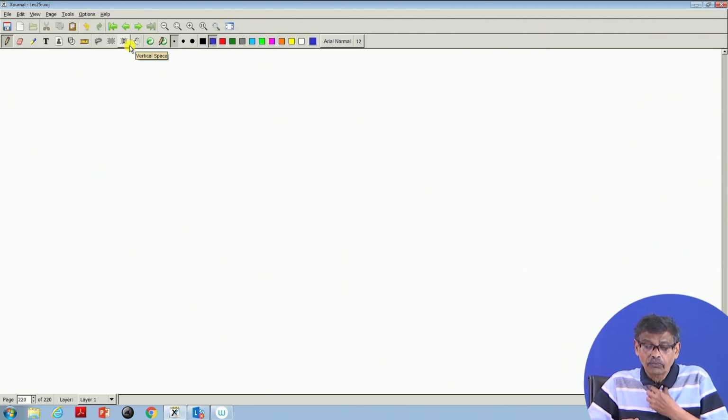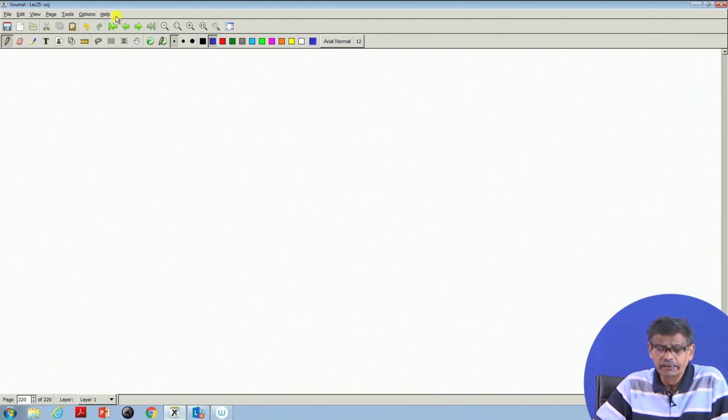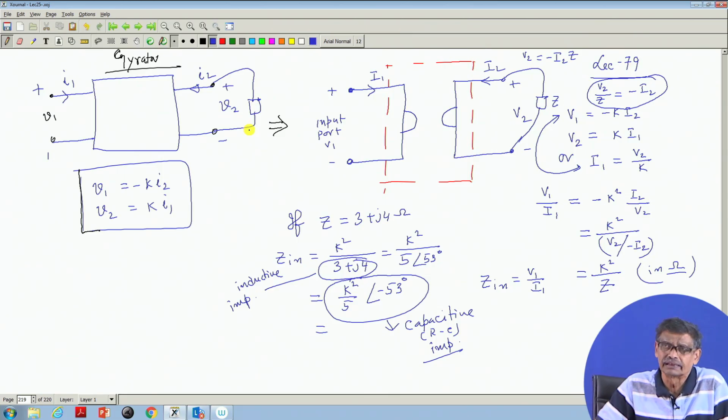Anyway, today we will be studying whether such a circuit, how to realize this kind of two port network, can be realized. We will not go deep into that, but using some op-amp circuits, it can be realized. Such a relationship you can make happen by using some operational amplifiers.